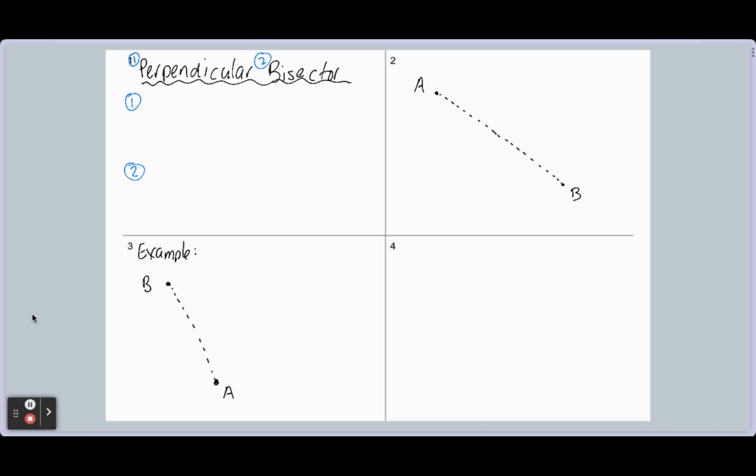So in today's lesson, this is something that you probably haven't done before, but the concepts behind it are pretty straightforward. It's something called a perpendicular bisector. Anyone heard of that? Cool. But you might have heard of those two individual words. So let's start off with the one that I'm confident that you would know. Who can tell me what perpendicular means? Eve? Yep,